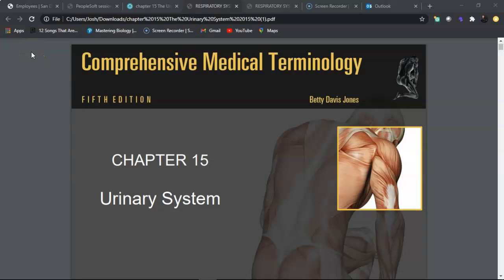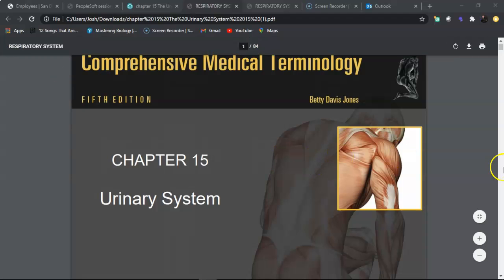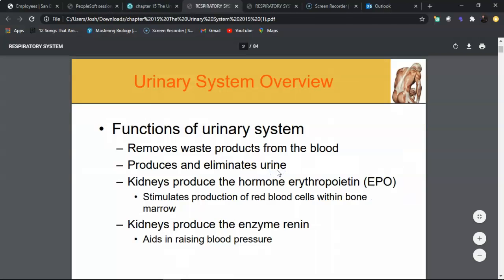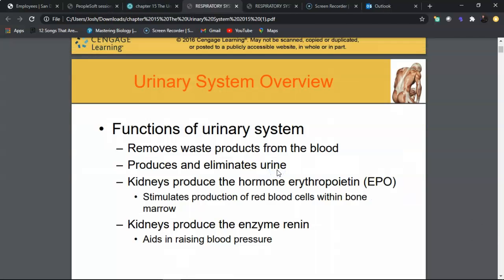Okay, in this chapter we're going to cover the urinary system, and I'm going to break this up into two parts. The first part is more anatomy and some terms, and then we'll break it up into the pathological conditions second. Okay, so the first thing we'll look at is the kidneys, and so let's do an overview here of the